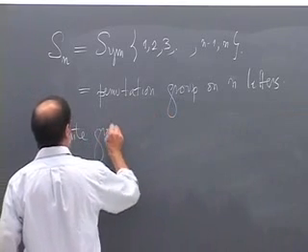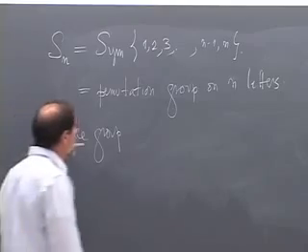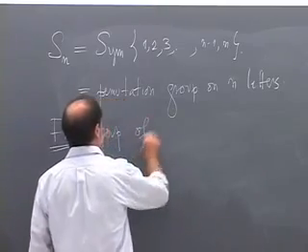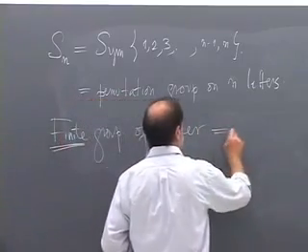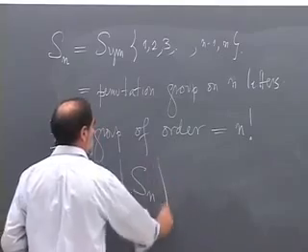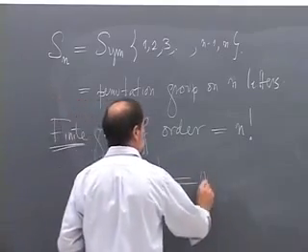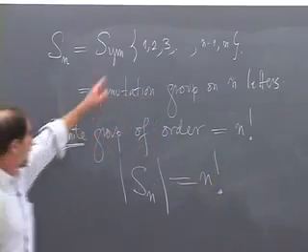because there are only finitely many permutations of a set of n letters, and the order of it, that's the size of the set underlying the group, is n factorial. I might write that this way. This is the way Artin would write that. The order of the symmetry group Sn is n factorial, because there are n factorial ways to permute n